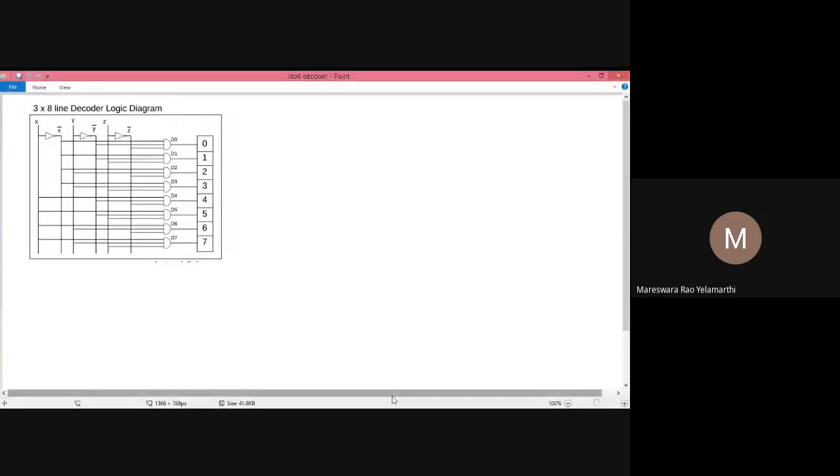So, I am going to explain to you about the 3 to 8 decoder. I am going to share the 3 to 8 decoder screen. Okay, right. Please confirm through the chat box. Can you see my 3 to 8 decoder screen?